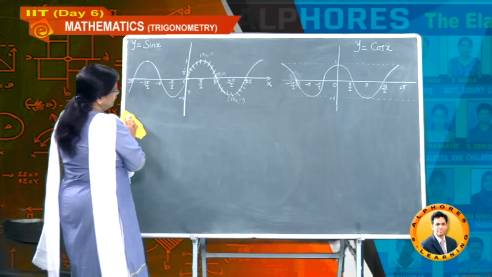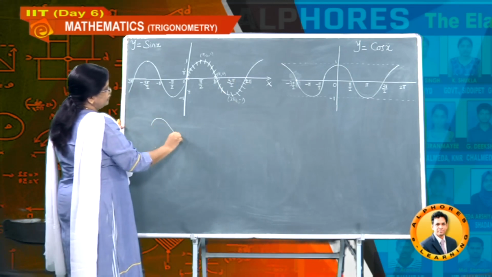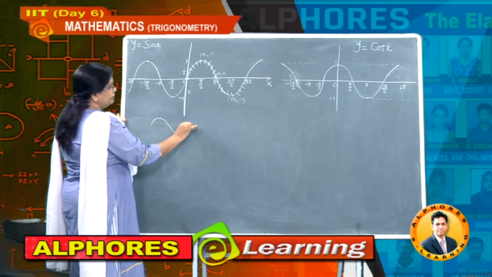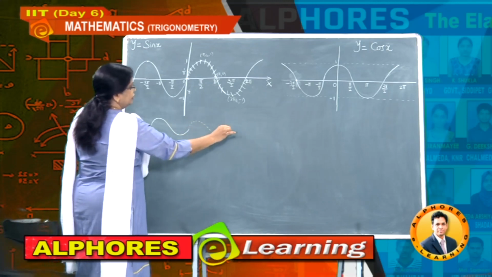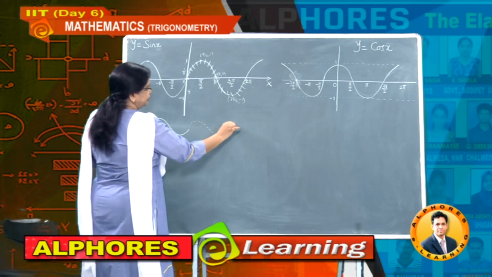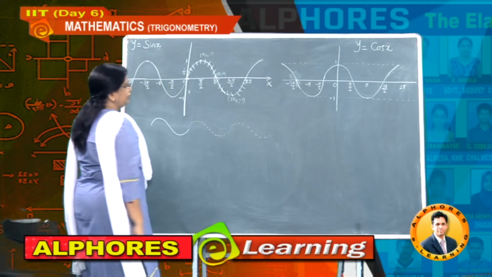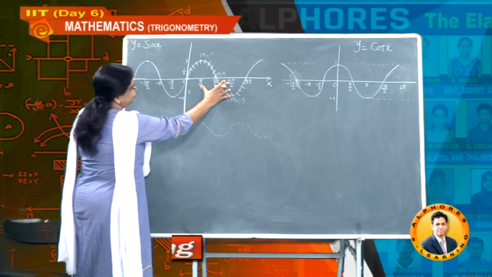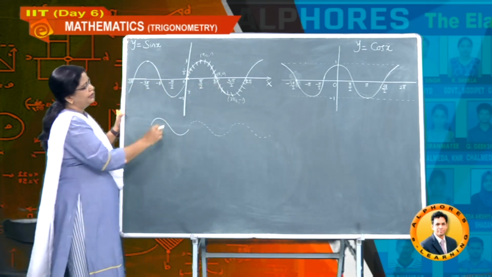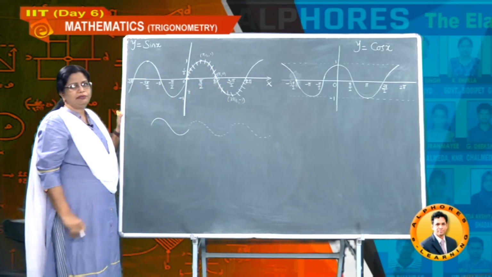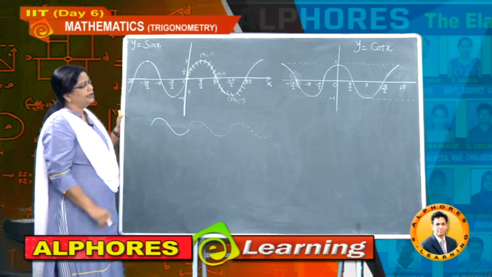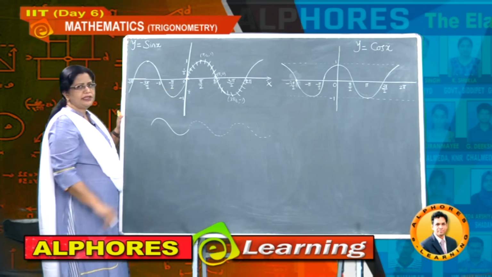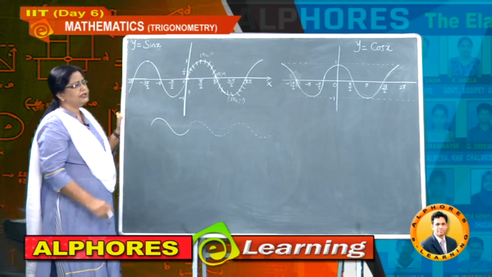So clearly you can observe that if one shape is completed, next it is falling again, and the same is continuing. Again the same is continuing. In what gap is it continuing? In the gap of 2 pi. In the gap of 2 pi, the shape of the curve remains the same. That is known as the period of the function. So from the graph you can decide the period of the function also.